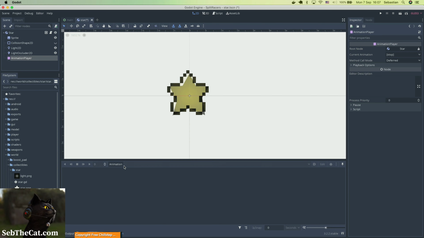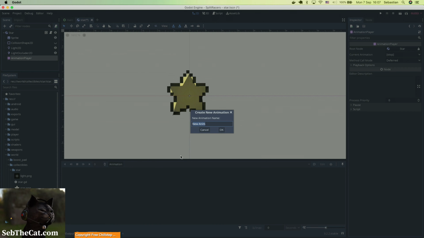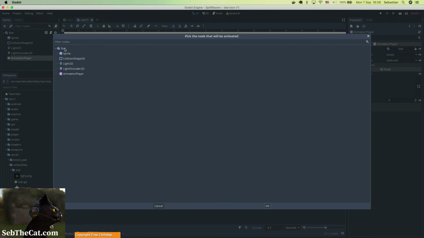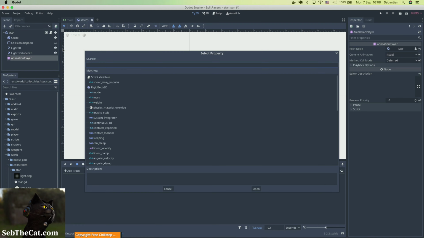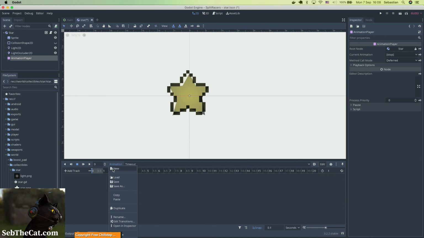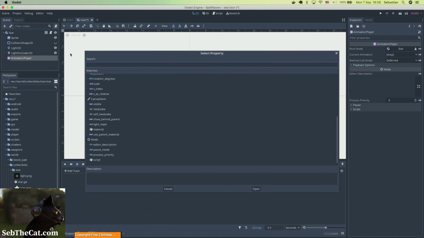And we'll create a new animation, and we'll call it our timeout. I'm going to add the property of star, oops, not the star. We want to animate the property of the sprite, right? And I think we just